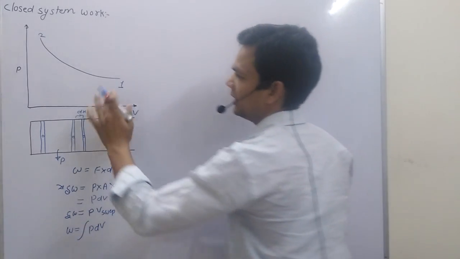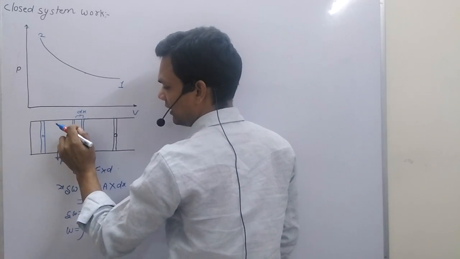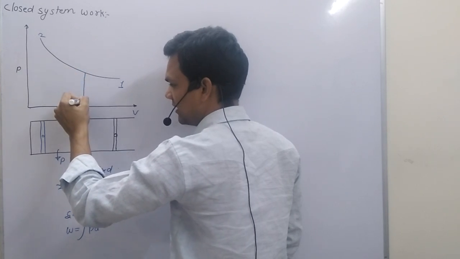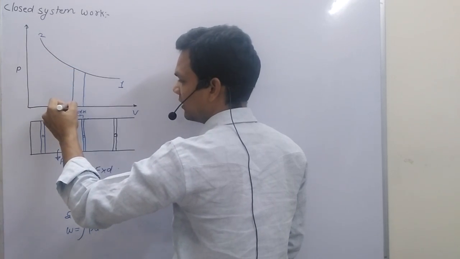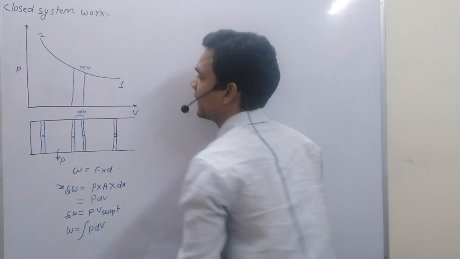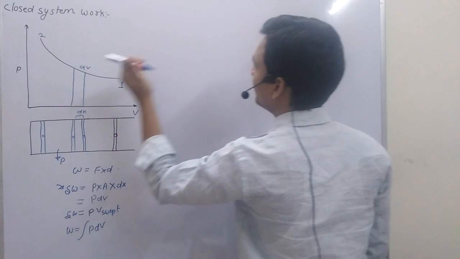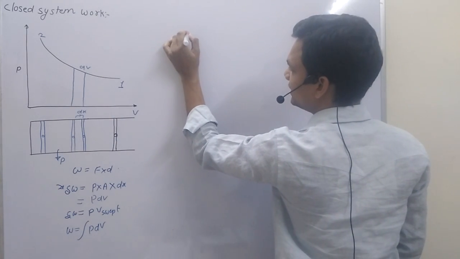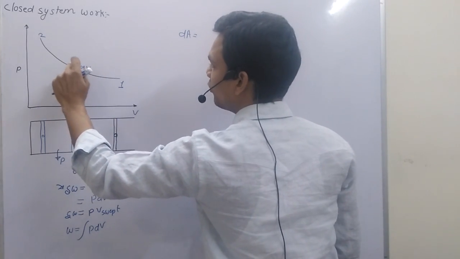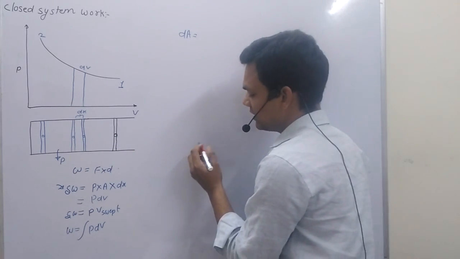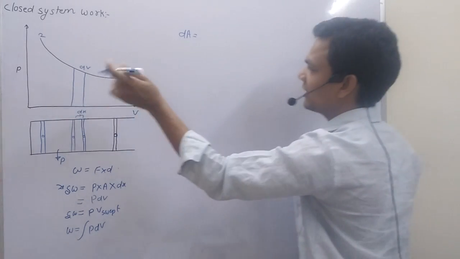Now if I talk about the PV diagram, because this is a microscopic view, suppose I show this position, suppose our piston is here. Now after displacement dx, the piston will be here. Now the change in the volume will be dV. Now I can also write this area under the curve on the PV diagram, dA, because pressure is constant, because this is a microscopic view with negligible change.